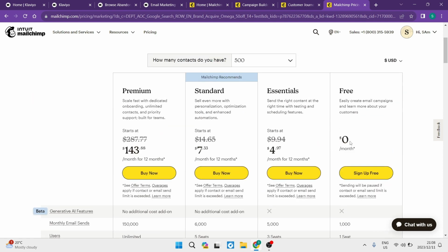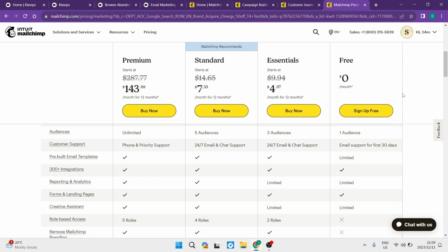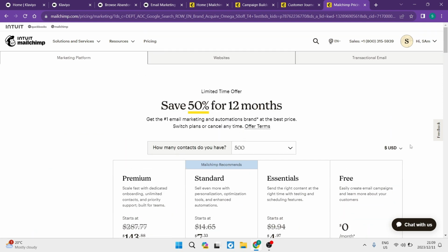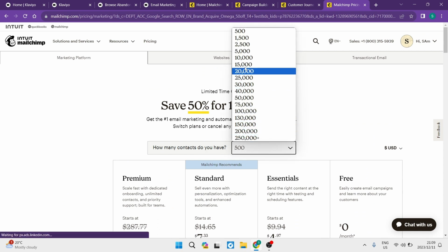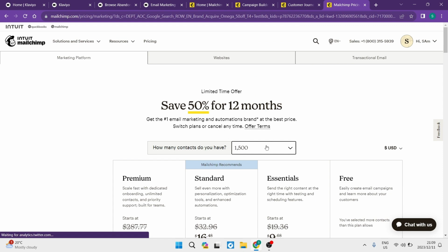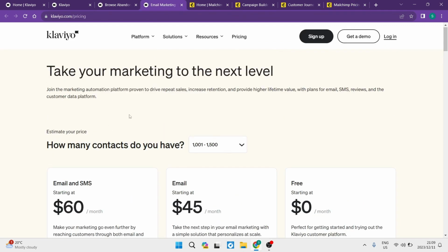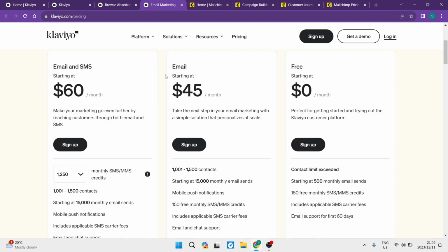Jumping over though now to the first paid plan, from $4.97, you can see over here that you get up to 5,000 email sends, and we're now working on 500 contact uploads. Now, to level the playing field, we're going to put it on 1,500, just as we have it here in Klaviyo,